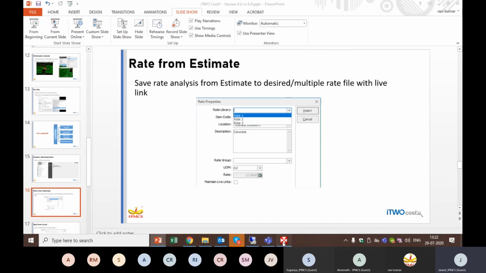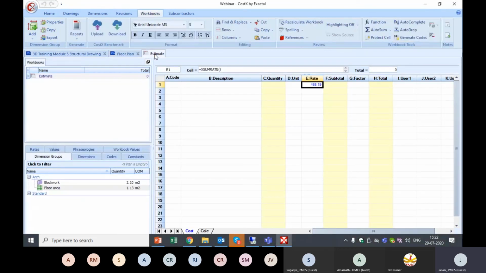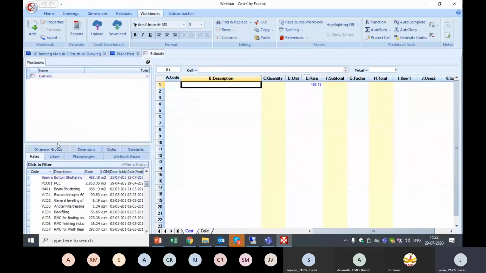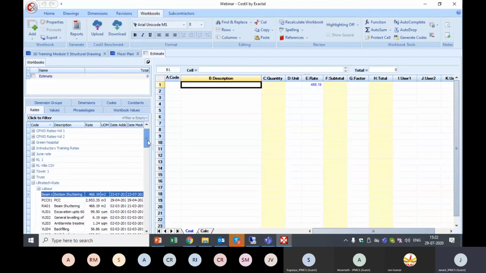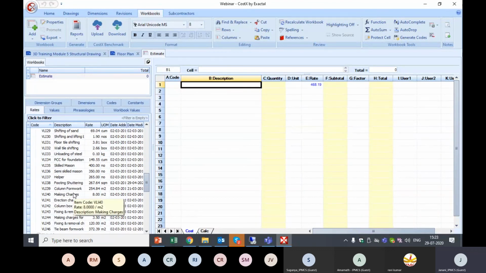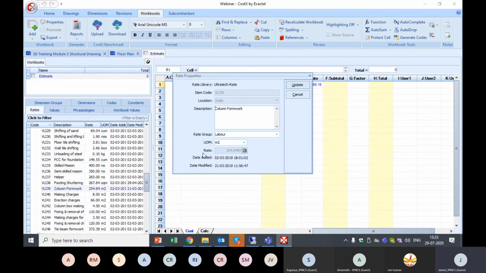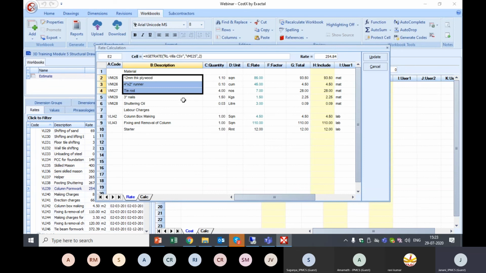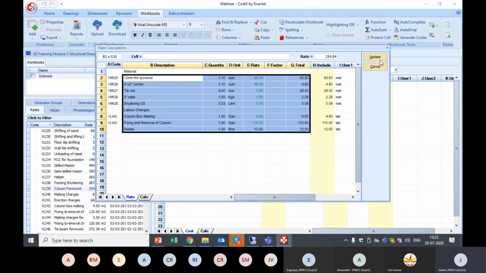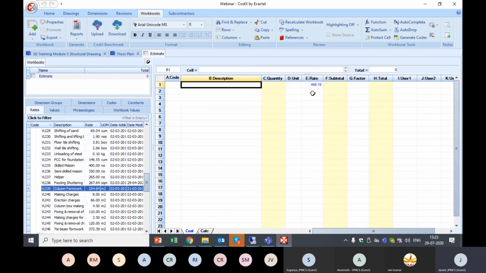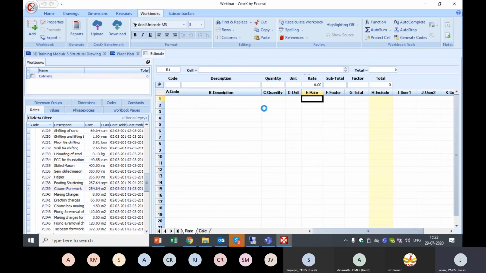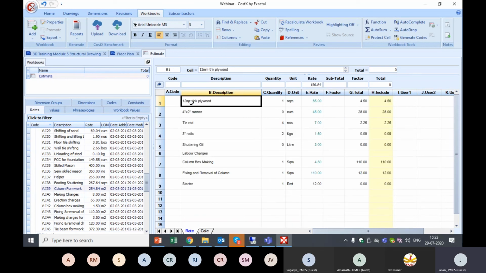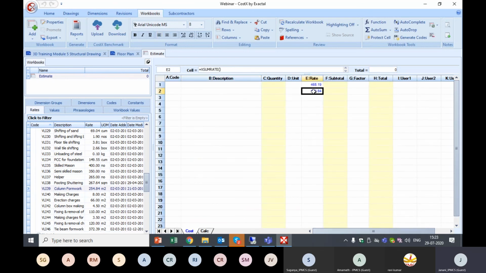I'll now show you. So I'll move to workbook. Say I'll copy a rate file. This is column form work shuttering. So this I'll copy. I'll update in the rate column. So now I'm copying the same rate to another rate library.